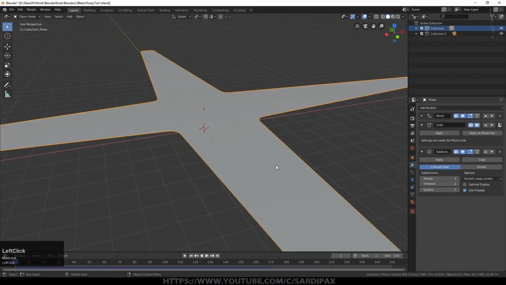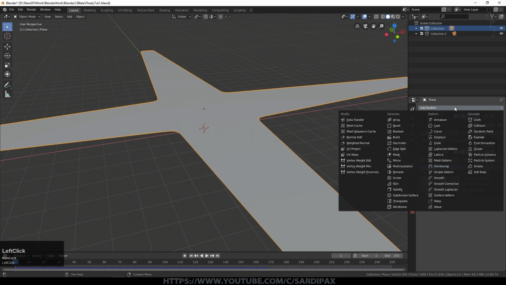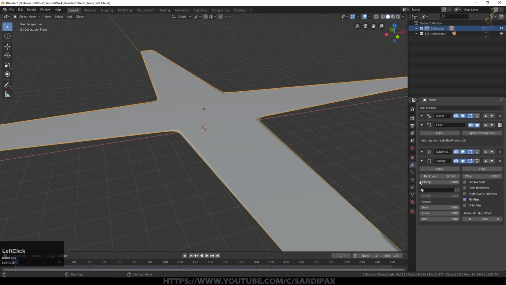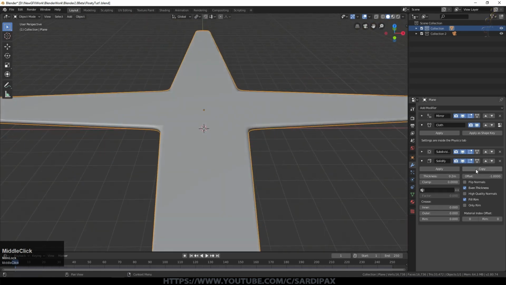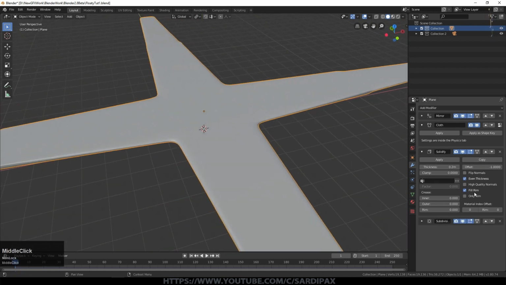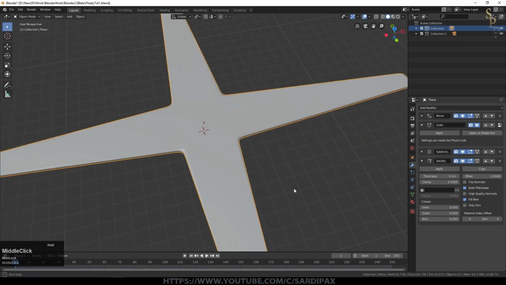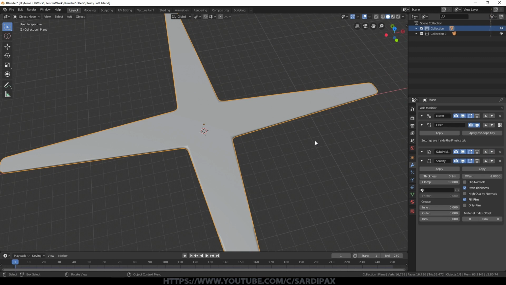And now we can go back to the modifiers and we can add a solidify modifier. We'll say even thickness, and then we can just play around with the thickness just to give this thing a bit of shape. We can go above or below the subdivision modifier. Make sure the subdivision and solidify modifiers are below the cloth modifier. Otherwise your simulation will go very slowly indeed, because it will be trying to simulate everything on the new geometry being created by these modifiers.